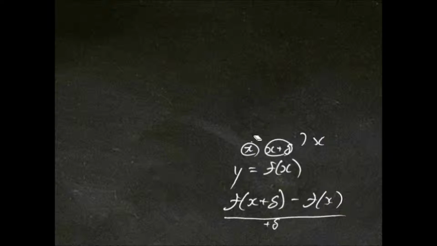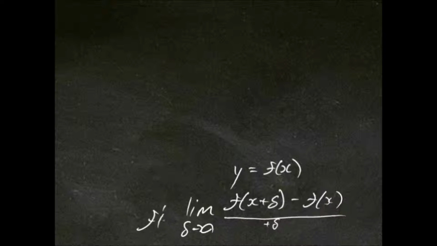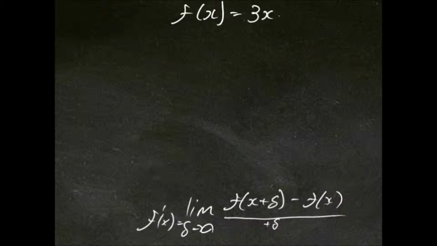And we'll have to apply limit theory, because we want delta to get as close as it can to 0. So that would mean we'd want the limit as delta approaches 0. And this is what the differentiation would be. So we'll label that as f dash x equals. So that's our formula for differentiation by first principles. So if we apply this to a simple equation such as f of x equals 3x plus 1,